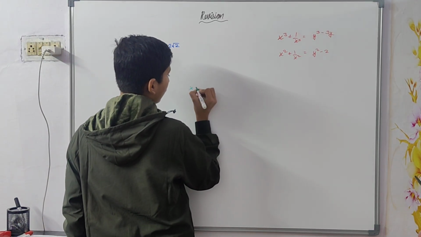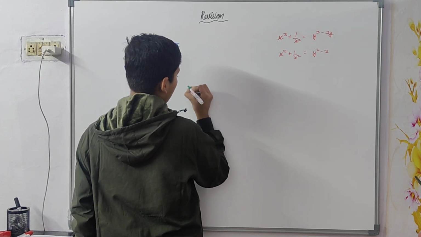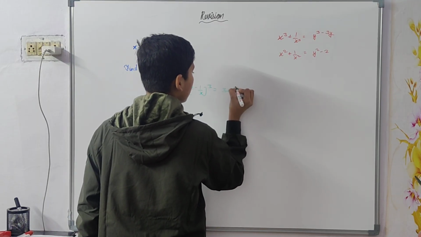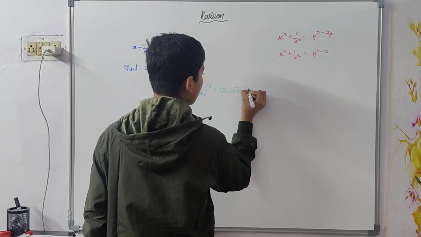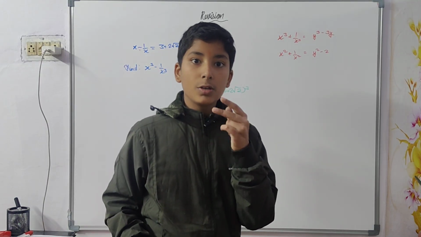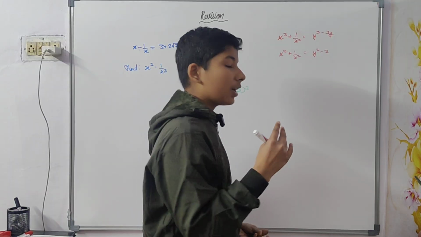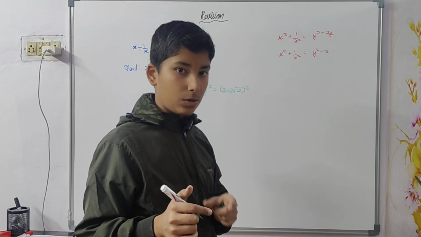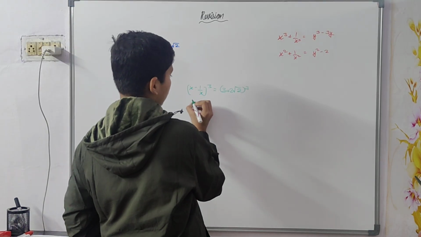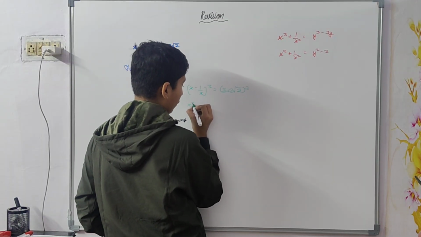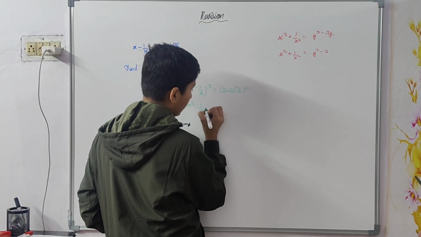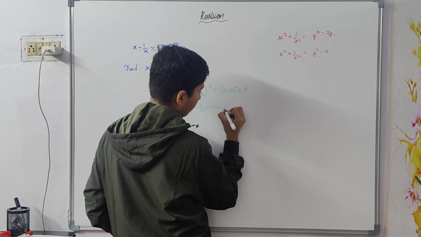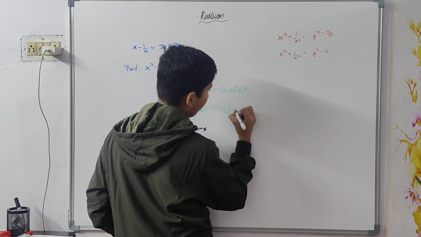Okay. So x minus 1 by x whole cube equals 3 plus 2 root 2 whole cube. And you know 3 plus 2 root 2 is a two-term number, so the cube of it will be found using the formula, not like the normal 3 into 3. So just do it: x cube minus 1 by x cube minus 3 times x minus 1 by x. Just use the formula.